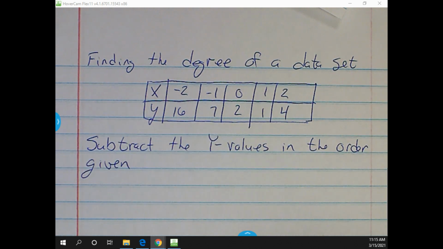Because I had some people one year, they kind of bounced around and put them all in order from least to greatest. And I'm like, no, you have to go based on the order that they give to you. Because the x values should be in order, so these basically should pair with those. So subtract the y values in the order given